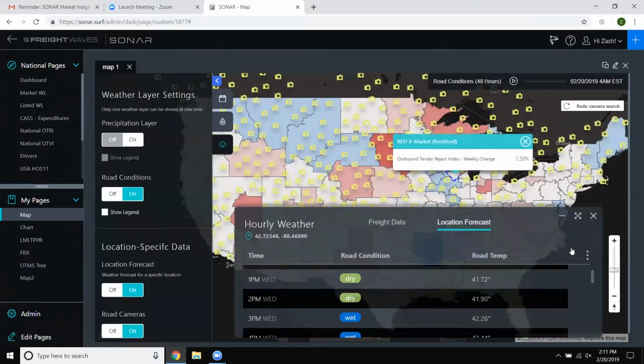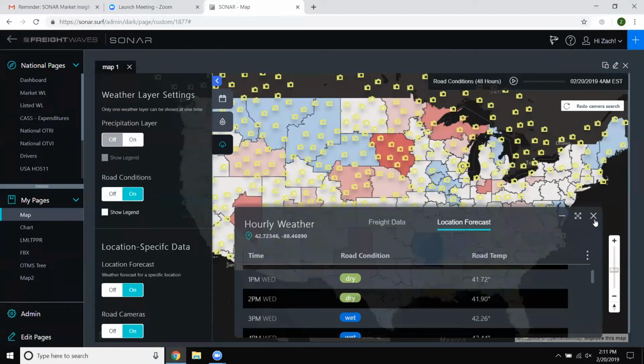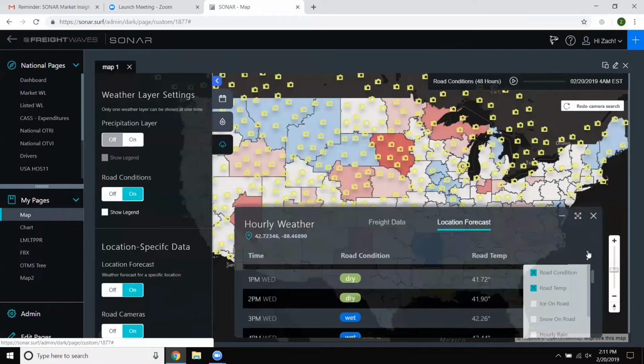So yes, I think that pretty much covers the map update, I believe. So new placement on the dates on the actual freight data and the weather and road conditions overlay, and of course the road cameras. I want to add one more thing that I forgot to cover real fast,